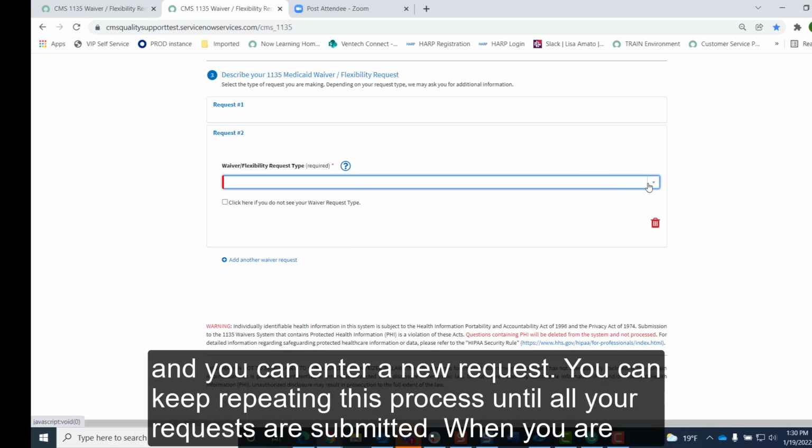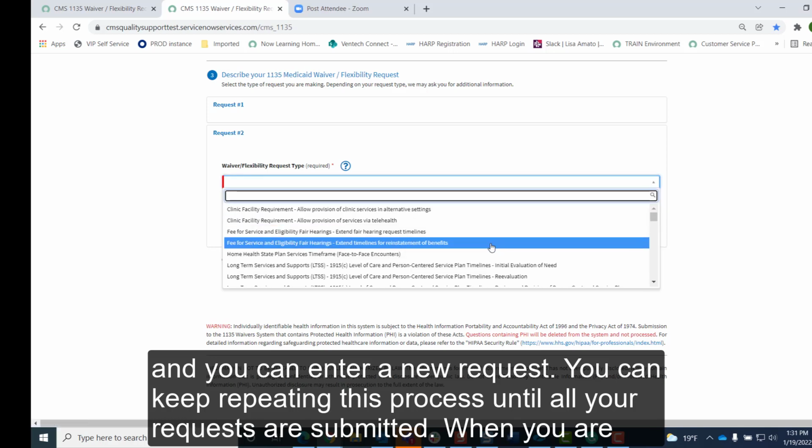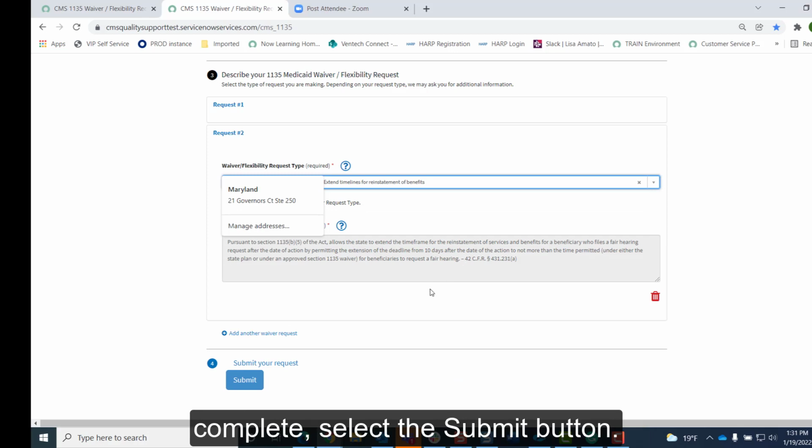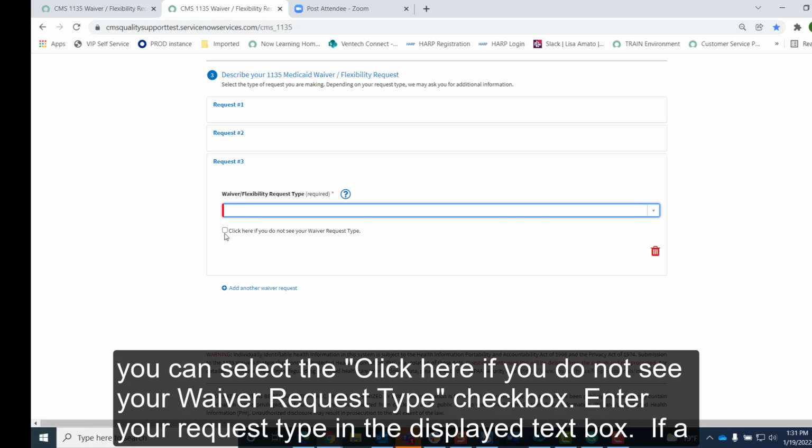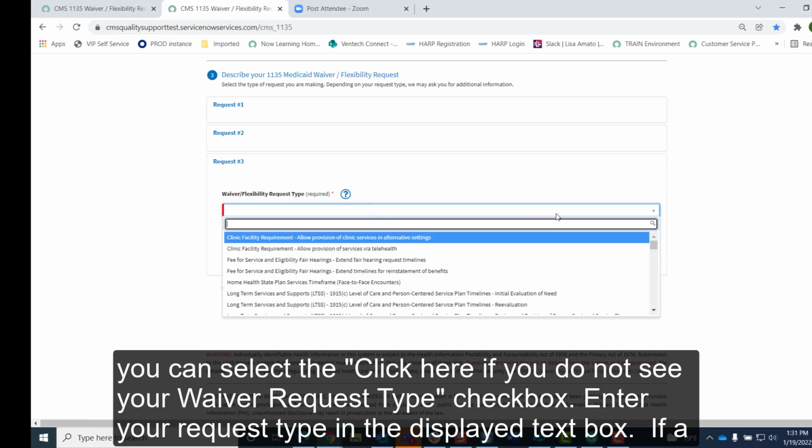If you have additional requests, you can select the Add Another Waiver Request link, and it will enable the Request Number 2 dialog. A new set of waiver and flexibility fields will display, and you can enter a new request. You can keep repeating this process until all of your requests are submitted. When you're complete, select the Submit button.